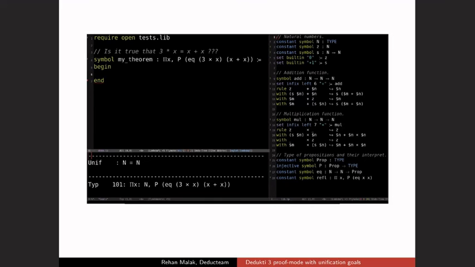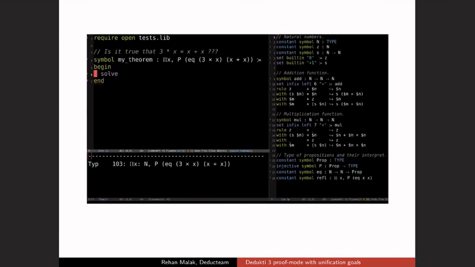So let's go back to our wrong arithmetic theorem, but with this experimental feature turned on this time. We can see in Emacs that there are now 2 types of goals. One with the unif keyword corresponding to unification goals, and one with the type keyword corresponding to the usual inhabitation goals. So we have here a new goal printed, a trivial unification one. It comes from the fact that x has been inferred by deductive, and it has to be a natural number.